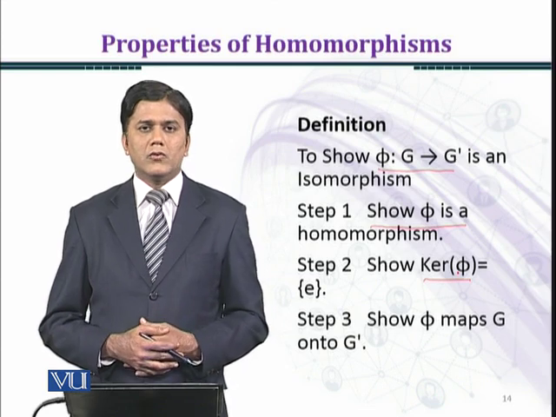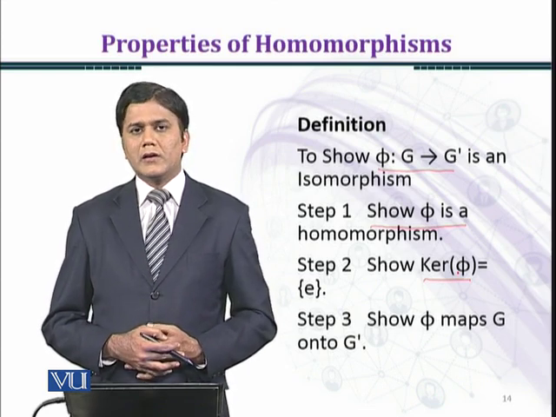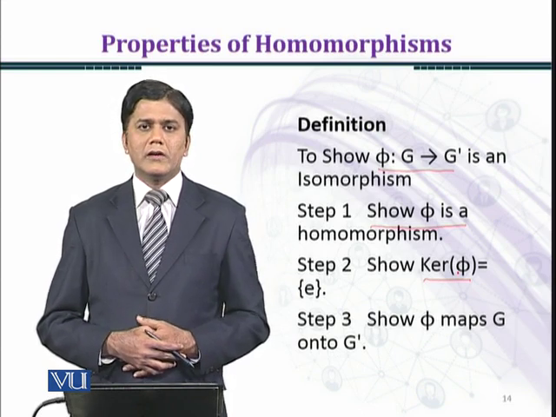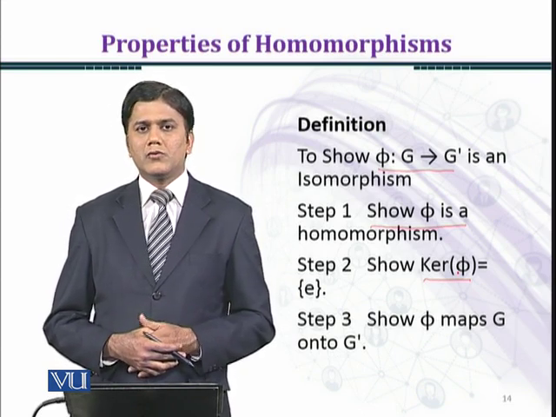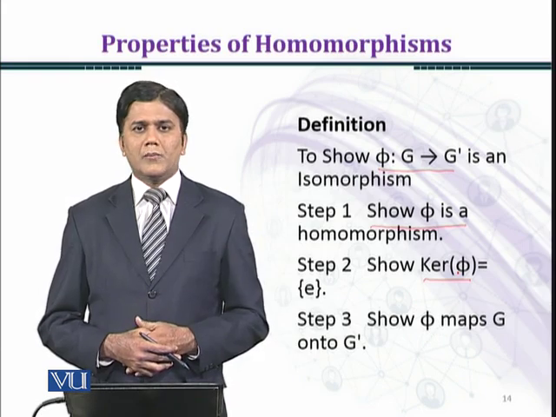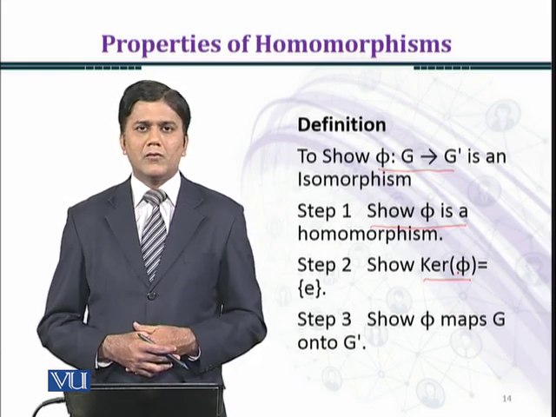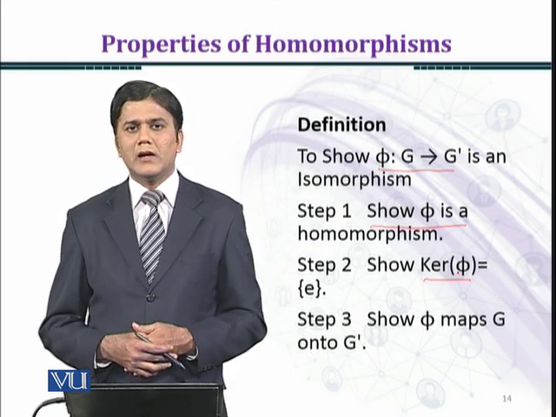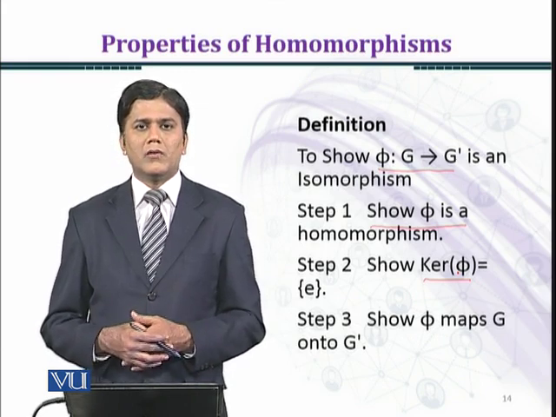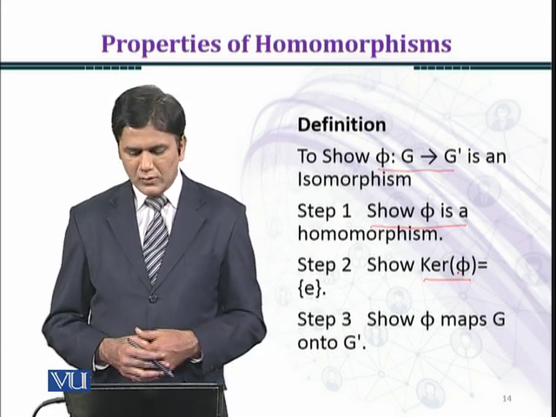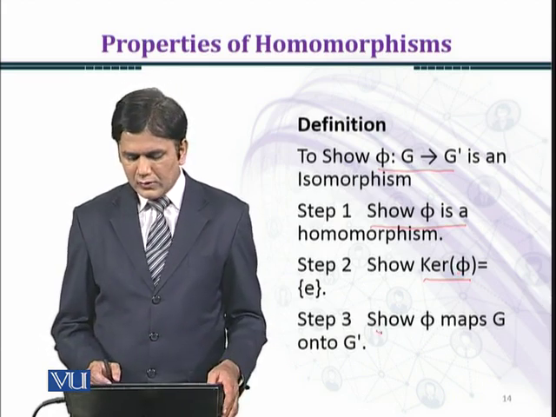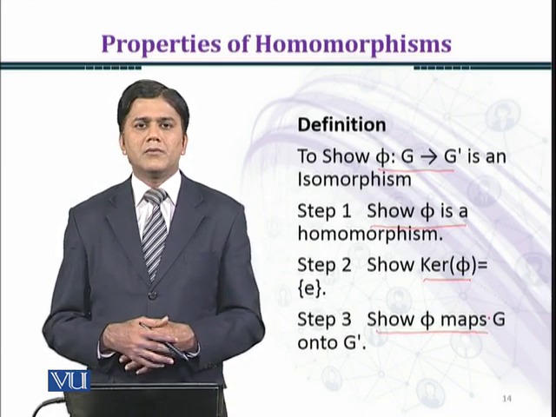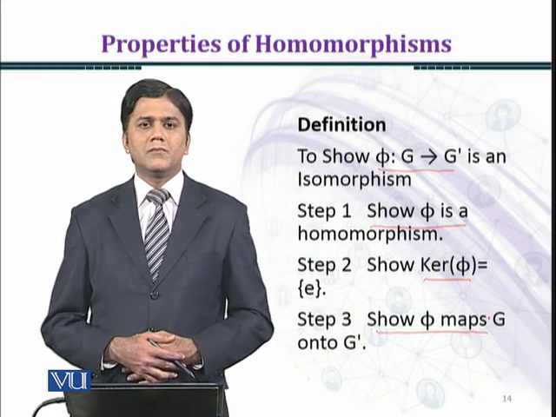मतलब 1 to 1 शो करने के लिए अगर आप ये कंडीशन शो कर दें, उसकी इक्विवेलेंट कंडीशन कर्नल फाई इक्वल टू सिंगलटन E, तो आपके पास आइसोमॉर्फिज्म एस्टेब्लिश करने के लिए 3 चीज़ों की हमें ज़रूरत होती है। phi होमोमॉर्फिज्म हो, 1 to 1 हो, ऑन टू हो। तो स्टेप 3 के अंदर शो phi मैप्स G ऑन टू G प्राइम।